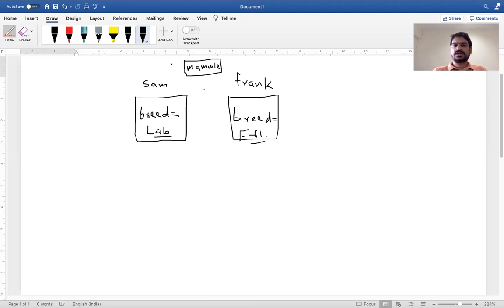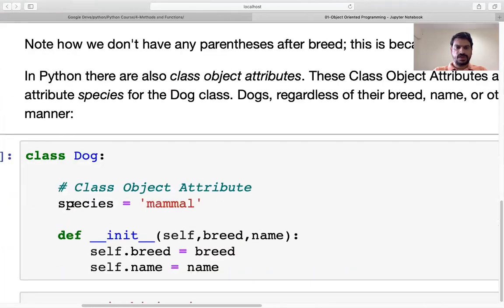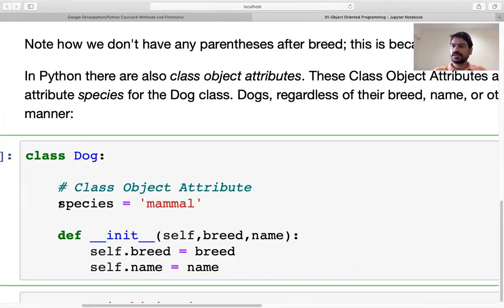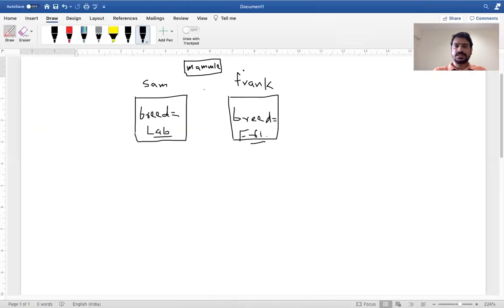Let's say this mammal is a value here, and the variable we have used, a global variable or the class variable, sorry, static variable or class variable, is species. So this variable name is species. When I say Sam.species, what will it give as output? Mammal.